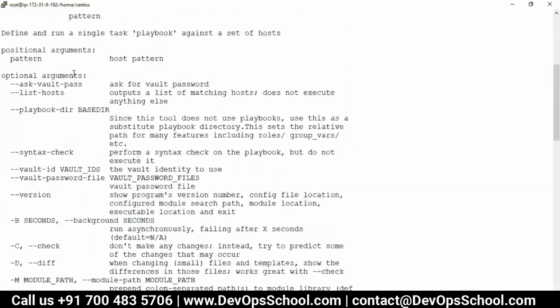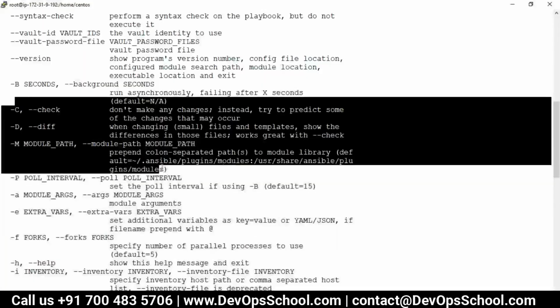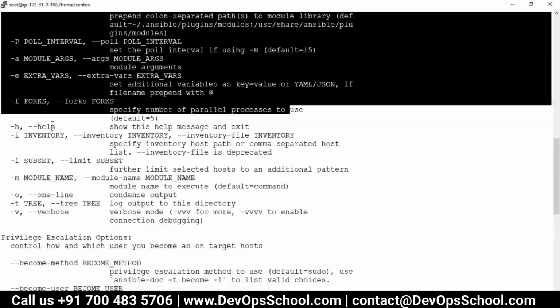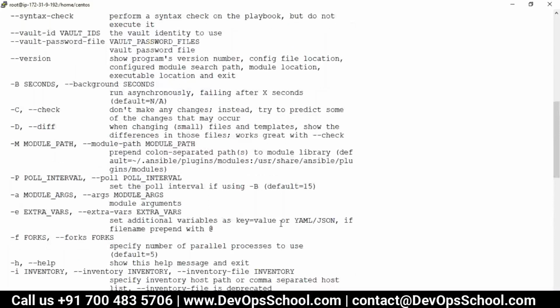Here optional arguments are there, and I will read each and every one, trying to find out how I can give the pattern for the remote machine. Do you see any option? Look out for it.